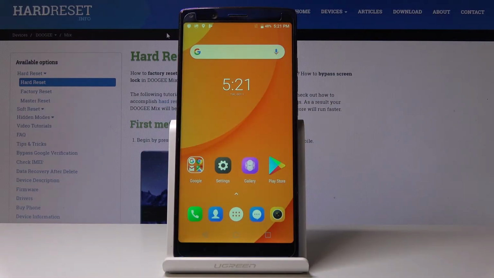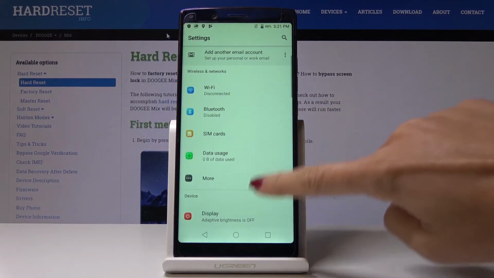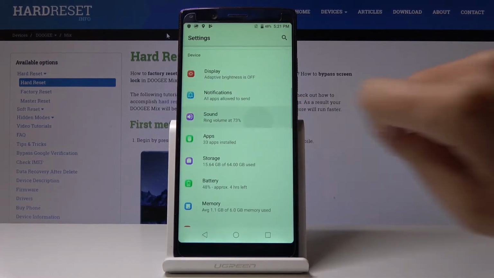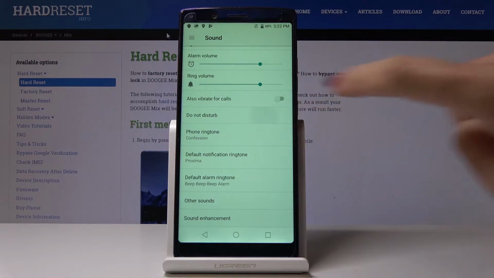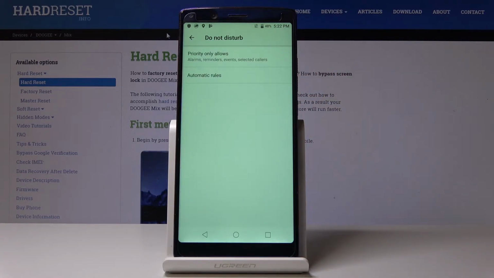Here I've got DOOGEE Mix, and let me show you how to activate Do Not Disturb mode on the following device. So at first you have to open the settings, then find and select sound, here it is, and then scroll down a bit. Here you will find Do Not Disturb, simply click on it,